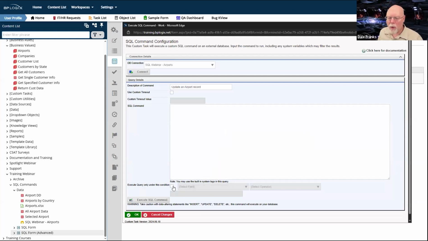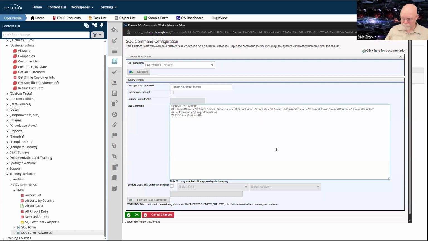It might be important to you to check to execute the query only under this condition, if you were setting it to work in some sort of automated fashion and you only wanted it to run when certain conditions apply. But again, I'm doing it on a button click, so I don't need to do that. All I really need to worry about is that I have a good SQL statement.